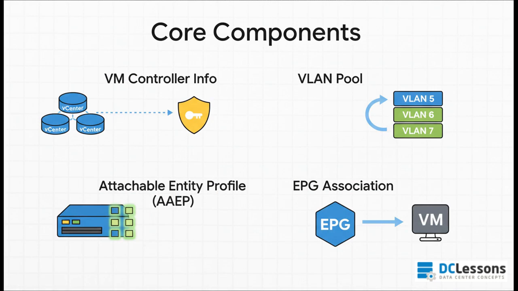So let's quickly break these down. The VM controller info, that's just the login details for vCenter. Simple. The VLAN pool is a block of VLAN IDs you set aside and say, ACI, you're in charge of these now, use them as you see fit. The attachable entity profile, or AAEP, sounds complicated, but it's not. It just defines which physical switch ports are even allowed to be part of this VMware integration. And finally, the EPG association, well, that's the final step where you actually connect your network policy to this whole